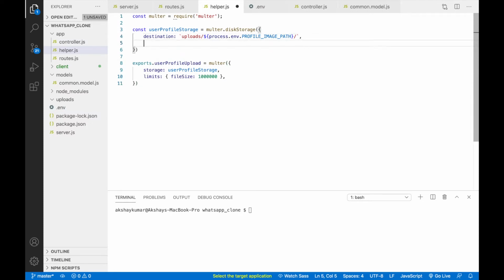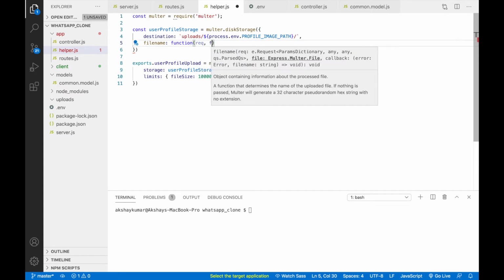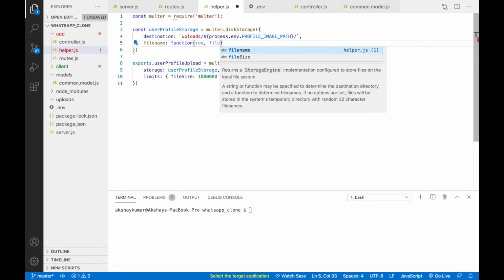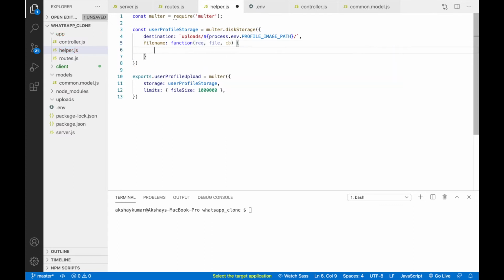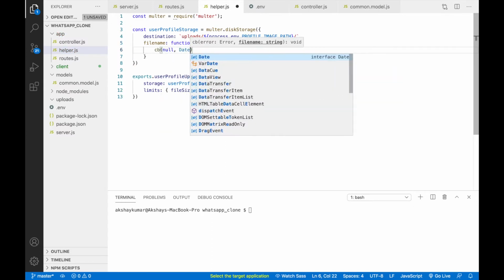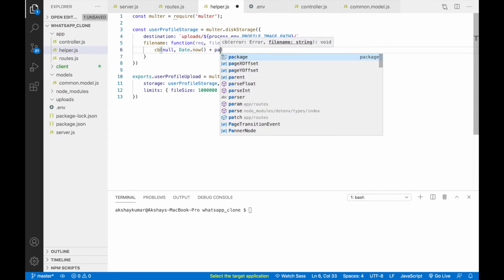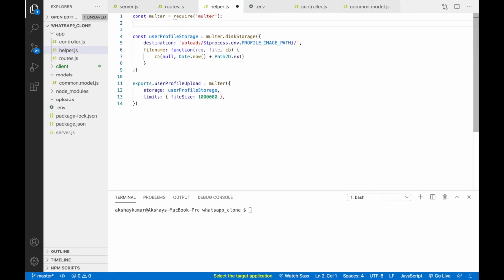So what we can pass here is filename. That will take one function. Here we can pass request, file, callback. We can call cb(null, Date.now()). So we are taking the current timestamp and concatenating it with path. We have to require path also.